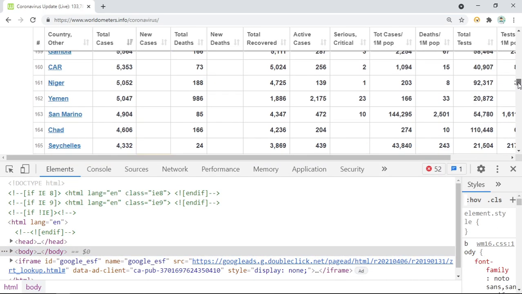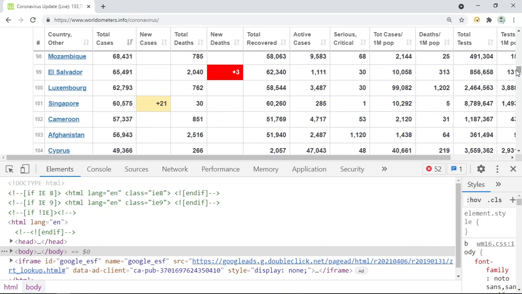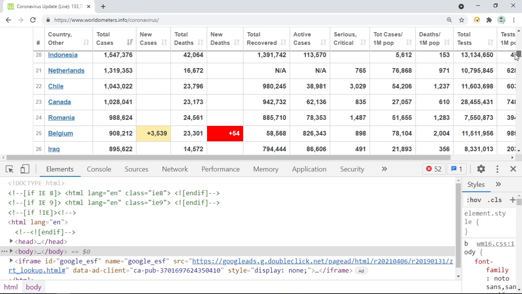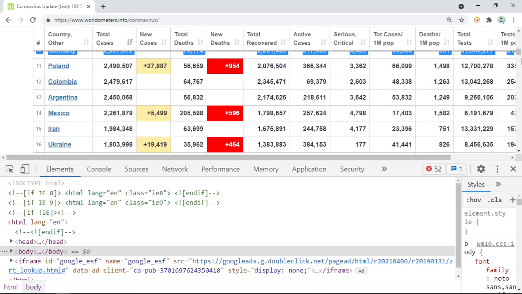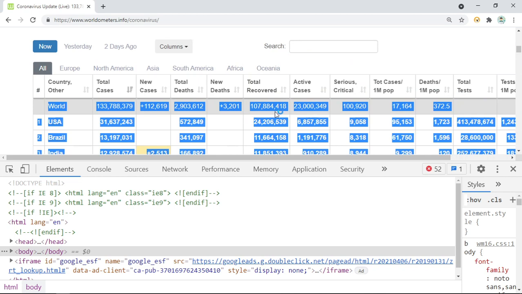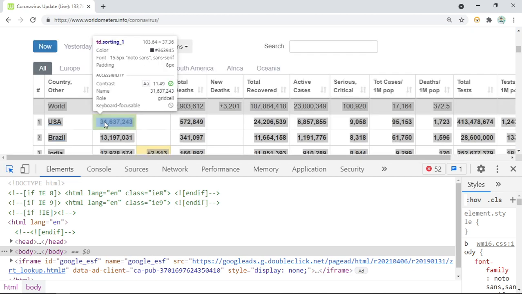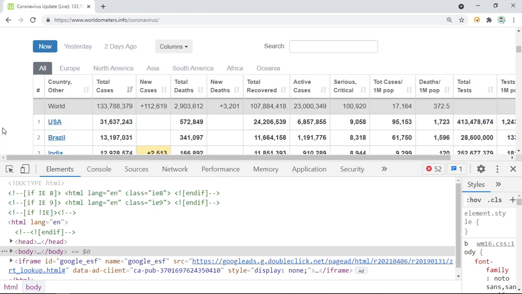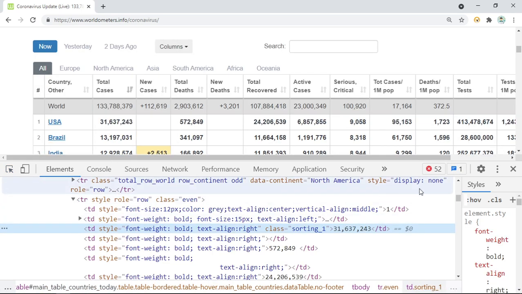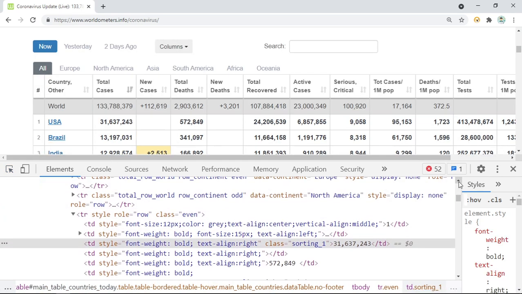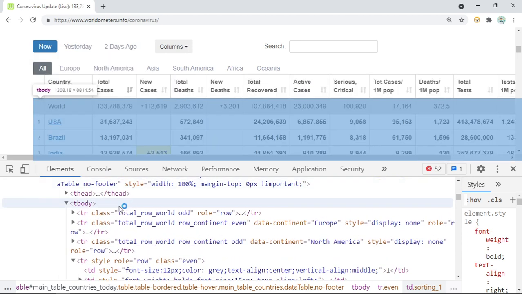I want to start from this one, so let me click this number and inspect it. Here it is present. If you come up a little bit, you see this tbody, and inside this tbody we have our entire table.